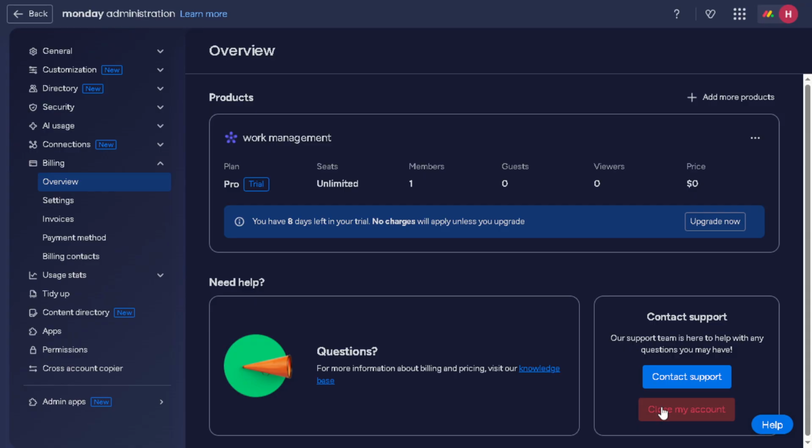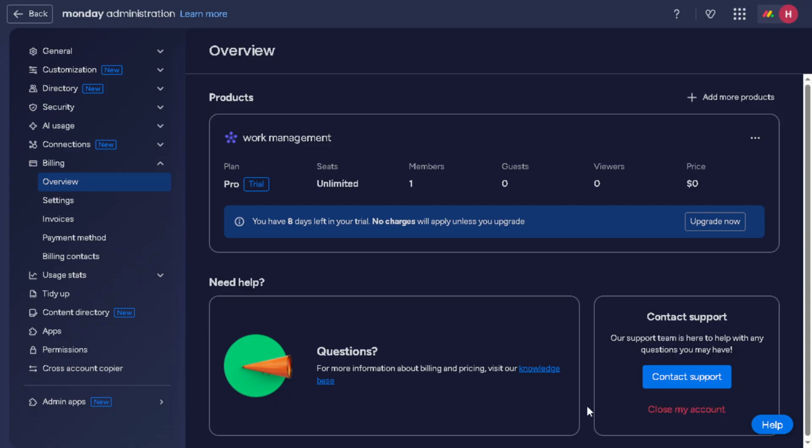After clicking to close your account, you might encounter a confirmation screen. At this point, Monday.com usually asks you for a bit of feedback, possibly including a short survey about why you've decided to leave. This input is quite valuable to them, so if you feel comfortable doing so, it can be worth sharing your thoughts. Don't forget to confirm your decision to proceed with the closure, as this is an important